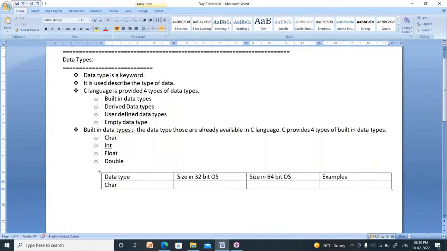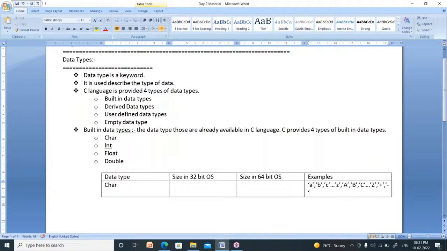Character means alphabets, A or B or C and so on up to Z, or capital A, capital B, capital C up to capital Z, or a plus symbol, which is also a special character, comma, minus symbol, into symbol, less than symbol, greater than symbol.